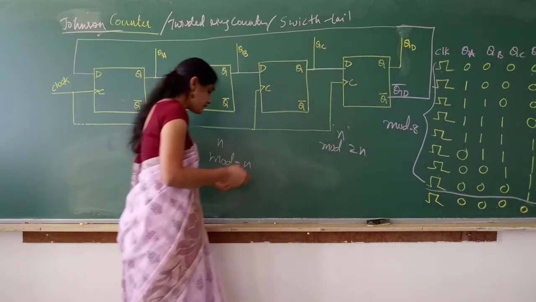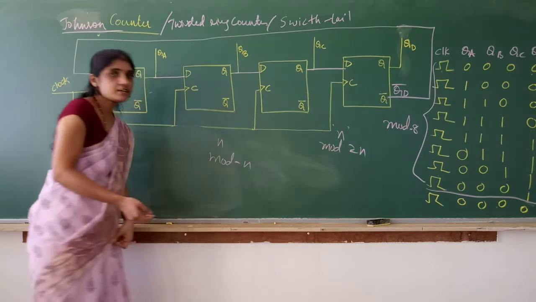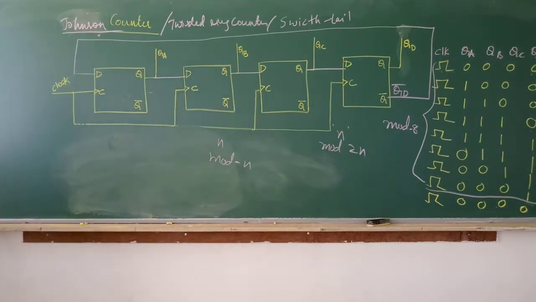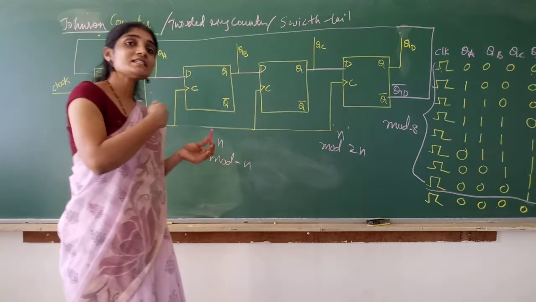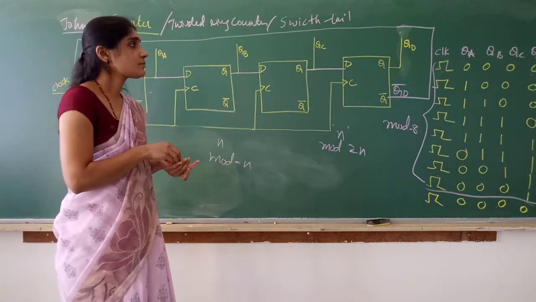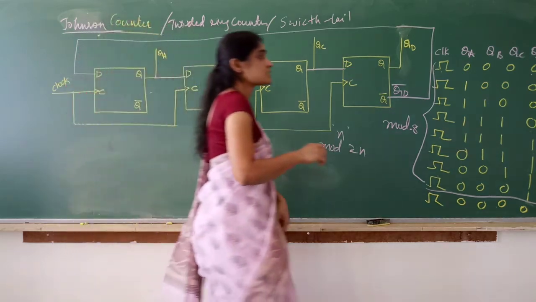And one more difference is, when we have designed a ring counter, we know it is very easy to decode the output sequence, isn't it? Decoding the output is very simple. We just have to observe the output of any one flip-flop. If that particular output is 1, we can easily tell what the output sequence will be. But in a Johnson counter it is not that simple.